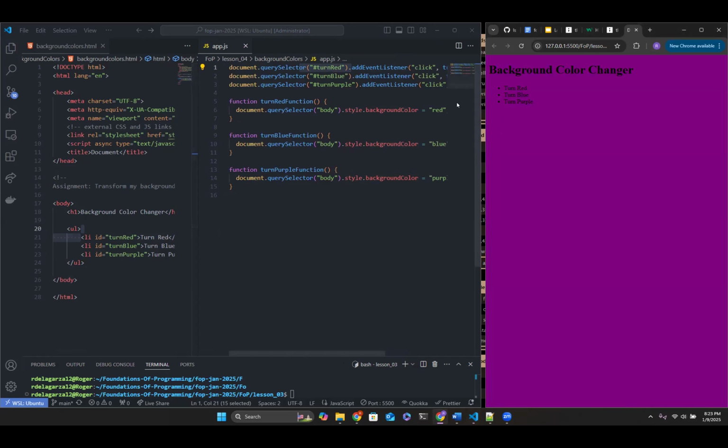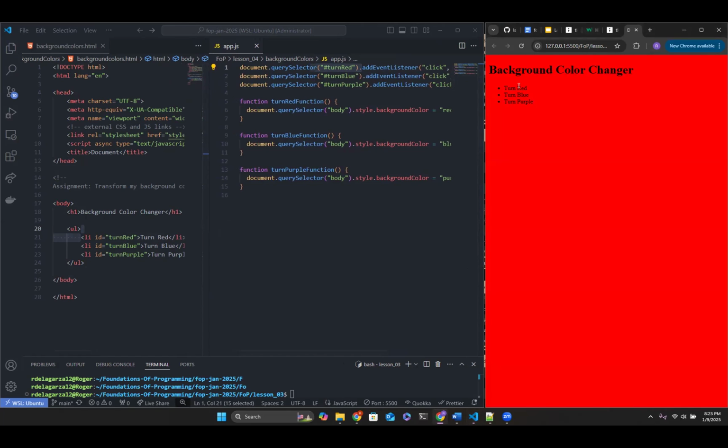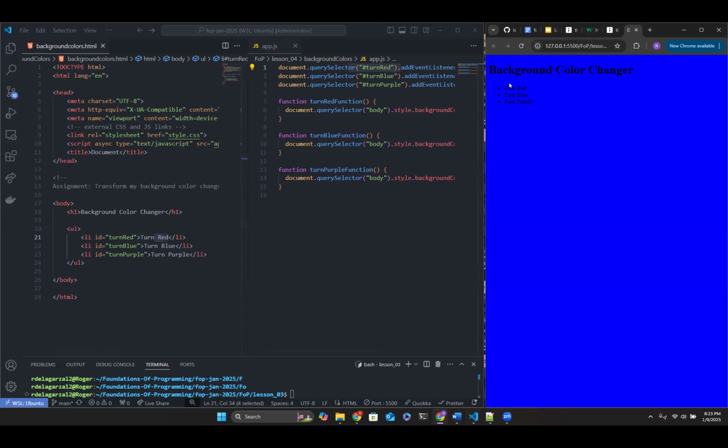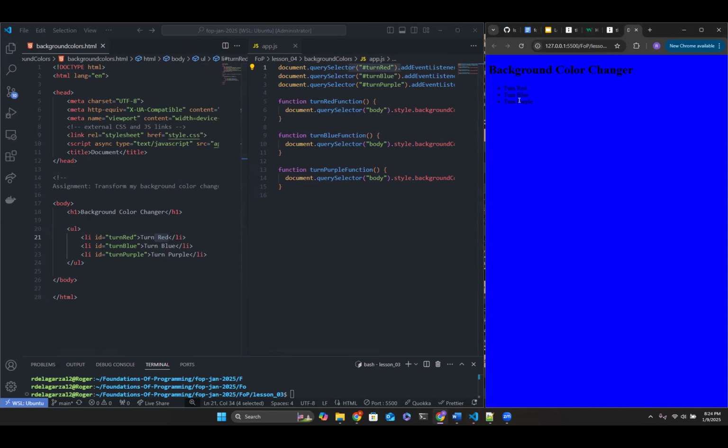Can you be more specific within the list item, or can you only select the list item? What I mean by that is, instead of the text in that list item says turn red, could you limit it to just the red, just the blue, just the purple? Are you talking about the text itself? The item within the list, the text within the list item. Can you narrow it down? Yeah, absolutely. So when I press the turn on this text, it doesn't just do that, right? You're talking about specifically just the word red, blue, and purple?